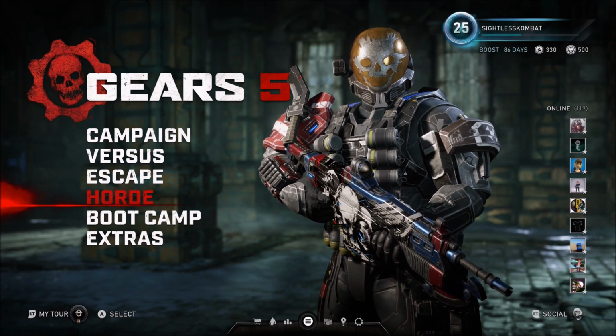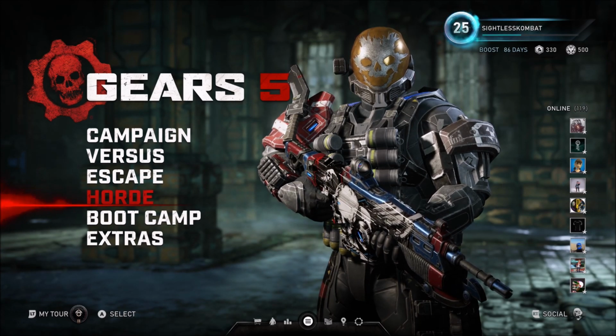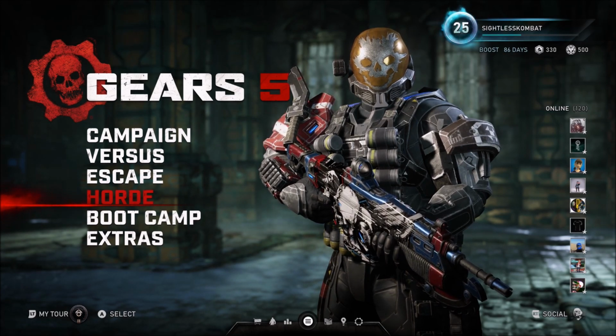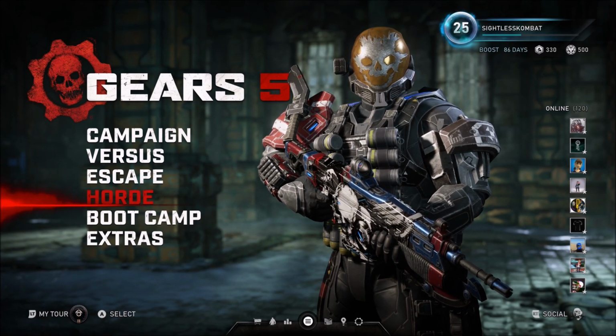Now characters are basically in set roles, so the Marker is a tank for instance, and Jack is, as I said, a support character. But that doesn't mean you have to actually play the character quite as they're intended to be played, because I don't think Jack is meant to be played the way I'm going to play him in this video. Now, if I go into my tour...